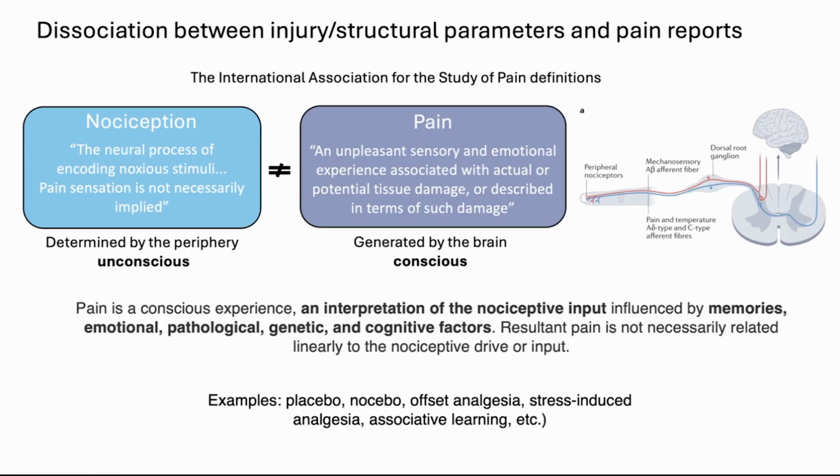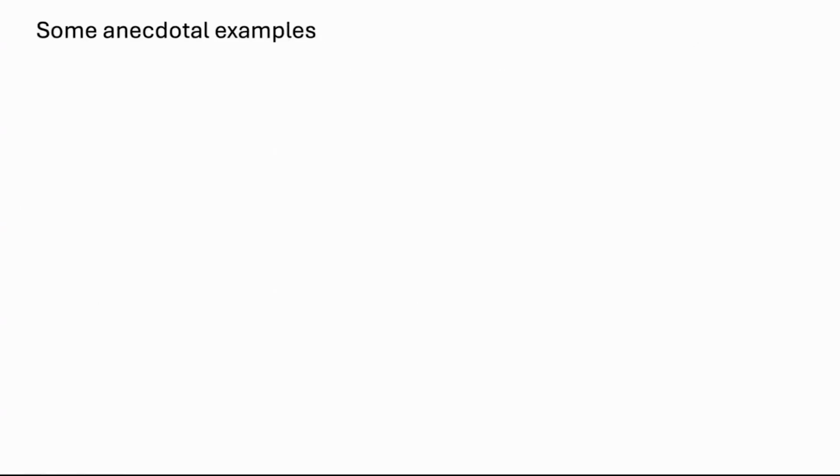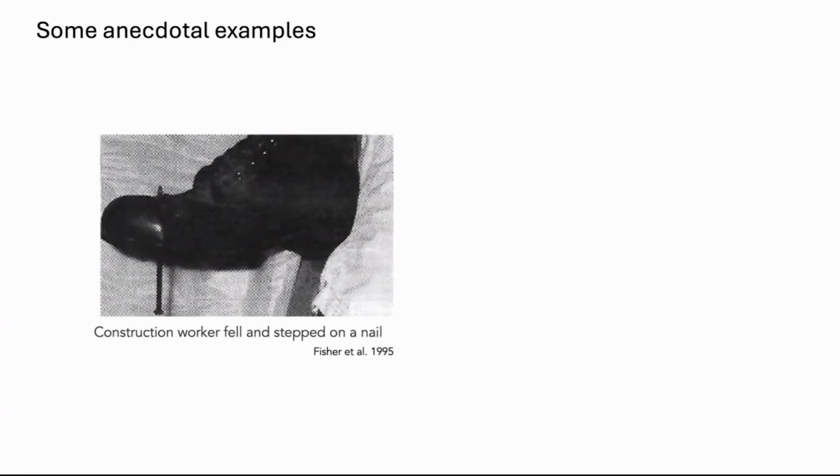Now, the dark side of the placebo effect is the nocebo effect, where if a patient has negative expectations about a given outcome, they are more likely to report higher pain intensity or even report negative side effects. Now, in both of these phenomena, you are not actually changing anything in the periphery. So basically, they need to be acting towards the brain, through the brain. So there are a few fun anecdotal examples of these phenomena.